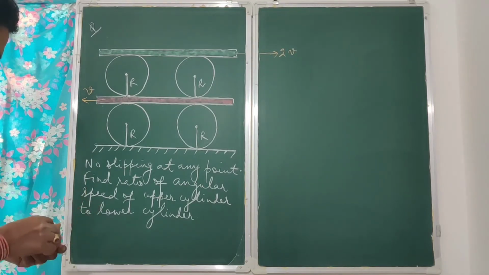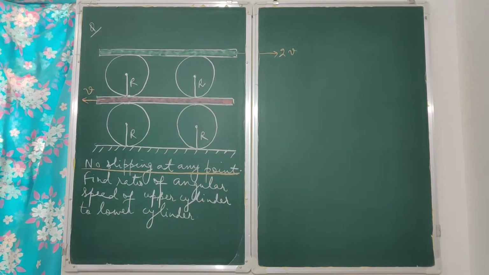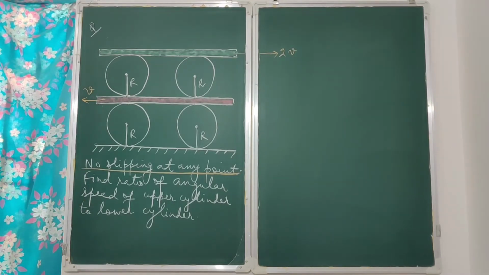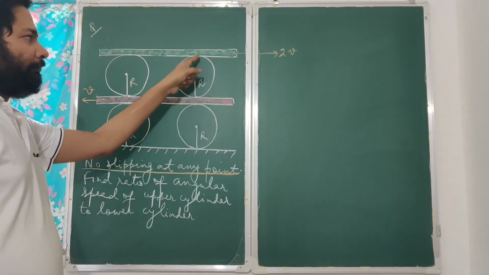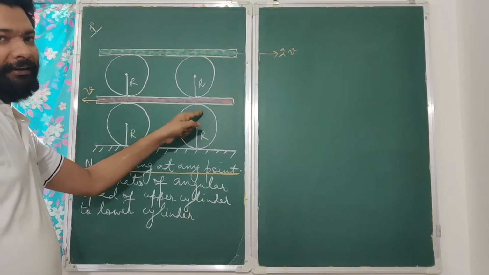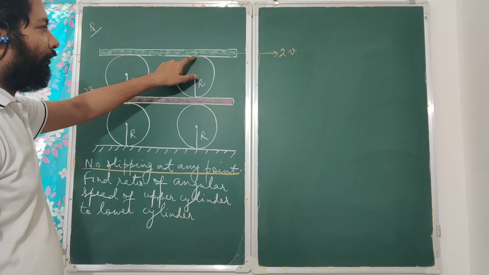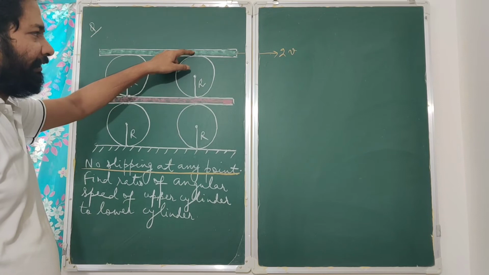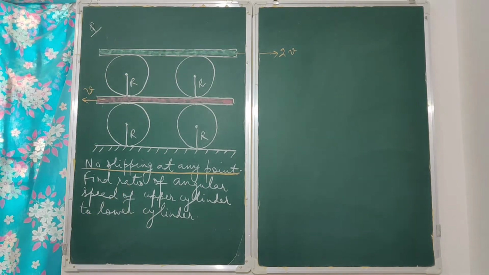And it is given in the question that there is no slipping at any point. This line is very important. No slipping at any point means it's rolling without slipping which is taking place. Therefore, whatever point of contacts you are seeing, it will be instantaneously at rest. When is that possible? That is possible when the relative velocity of this point with respect to the plank or the surface which it is touching is 0. So that is the concept we are going to use to solve this problem.